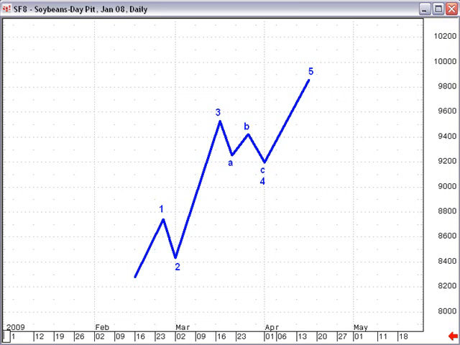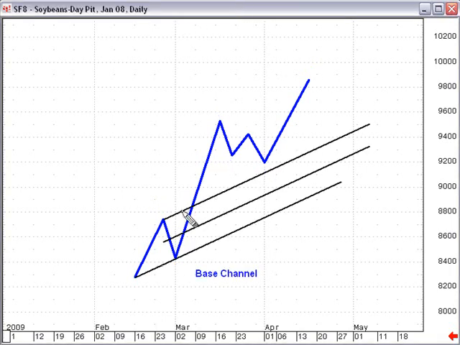Now the first channel we're going to be drawing on this background is what I call the base channel. Simply put, all you do is draw a line from the origin of wave 1 to the extreme of wave 2, and then take a parallel of this line against the high, or the extreme, of wave 1. Whenever I draw my channels, I like to have a midline defining the midpoint